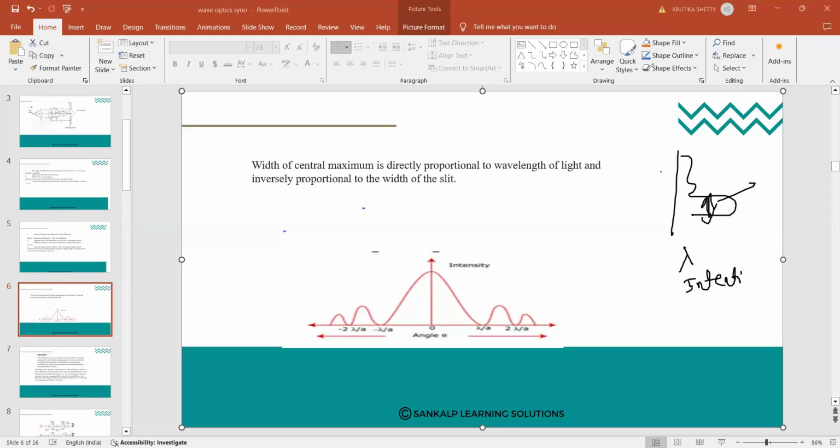Then lastly, we are left with only the polarization phenomena, students. Polarization has two laws, Brewster's law and Malus's law, the last topic. We will do that tomorrow. That is the last part of the chapter. Tomorrow we will also discuss some of the important questions. So this is regarding the wave optics topic. Other notes have already been uploaded, so please go through them and read regularly. We will meet in the next class. Thank you.